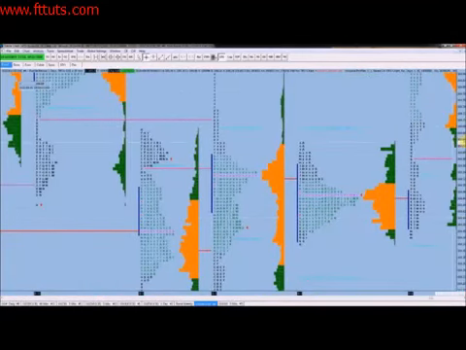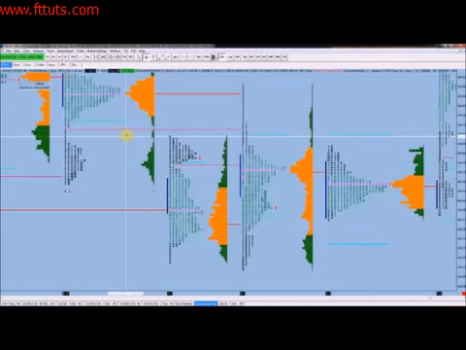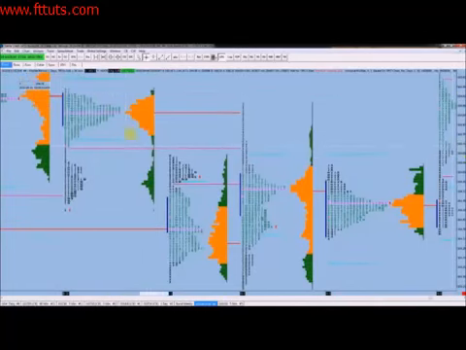Looking at a day like this is where our low volume nodes can end up being significant resistance as well. You can see that we were balanced for a lot of the day. On this day we spent an awful lot of time just trading in a very tight range, and then late in the afternoon the market broke lower. Again, possibly some significant news